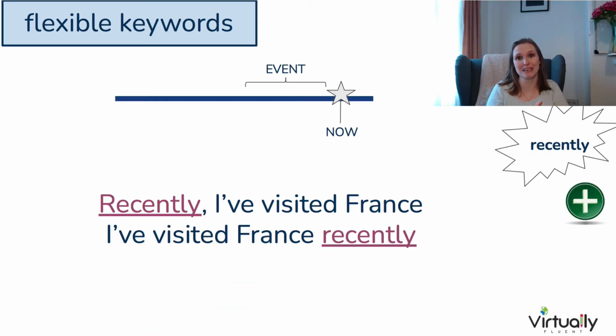Now, our next flexible keyword is recently, which talks about a period of time very close to the present tense. Recently, I visited France. I visited France recently. Now, we need to be careful because recently was also used as a sandwich keyword. Remember, it could also be placed in the middle. Now, there's a slight difference in meaning. When it's used as a sandwich keyword, it's very possible that the event is still ongoing. It sort of started very close to the present time and it continues. When we use it as a flexible keyword at the beginning or at the end, generally this means that that particular event has finished, has passed.